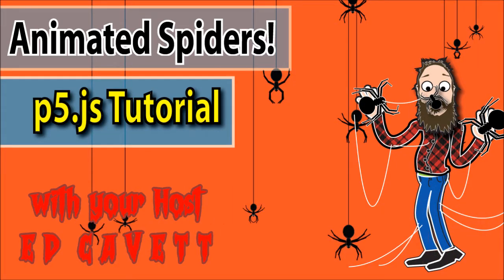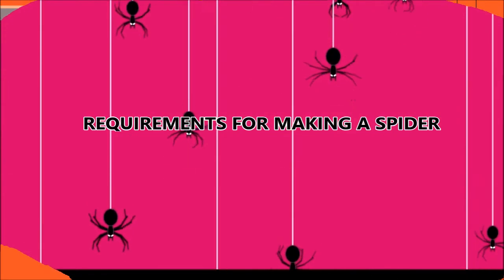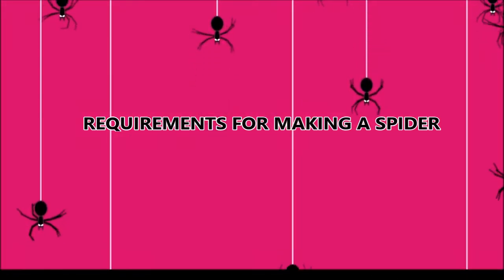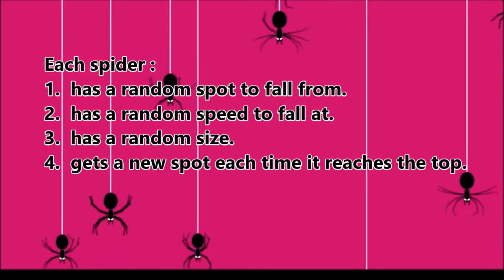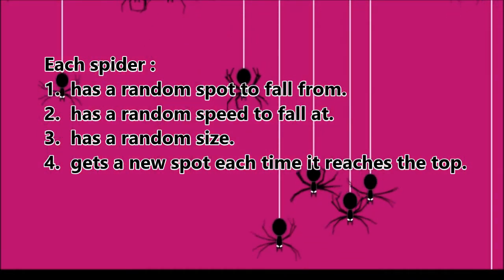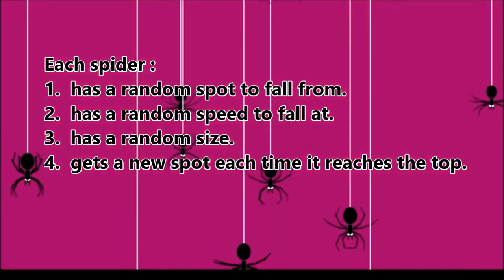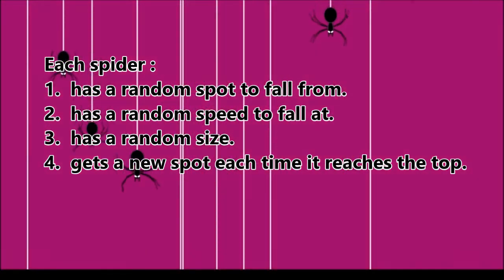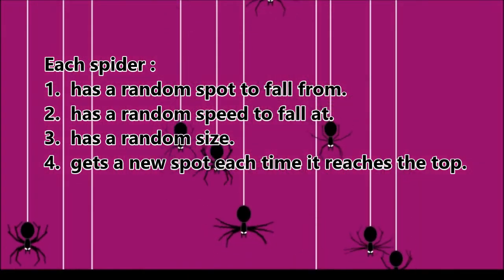I'm your host, Ed Cavett, and in this episode, we're going to be making some creepy spiders. To start, let's look at these spiders and see what a spider is made of. It has a random spot that it falls from, it has a random speed that it falls at, it has a random size, and when it gets back to the top, it gets a new spot and it repeats that